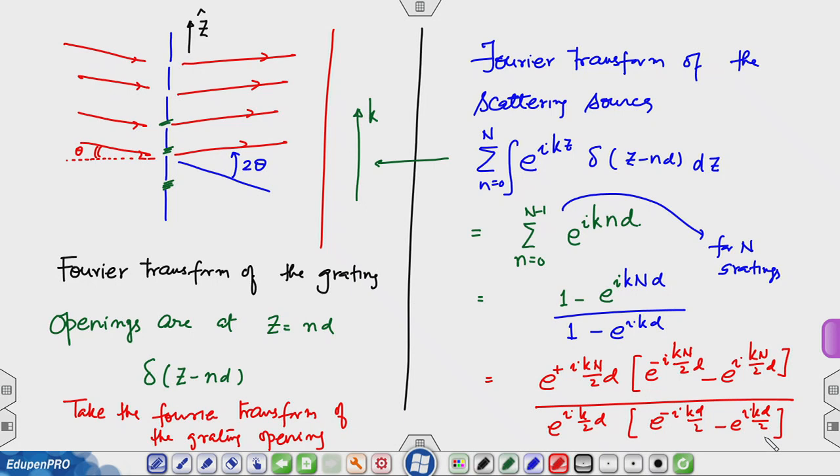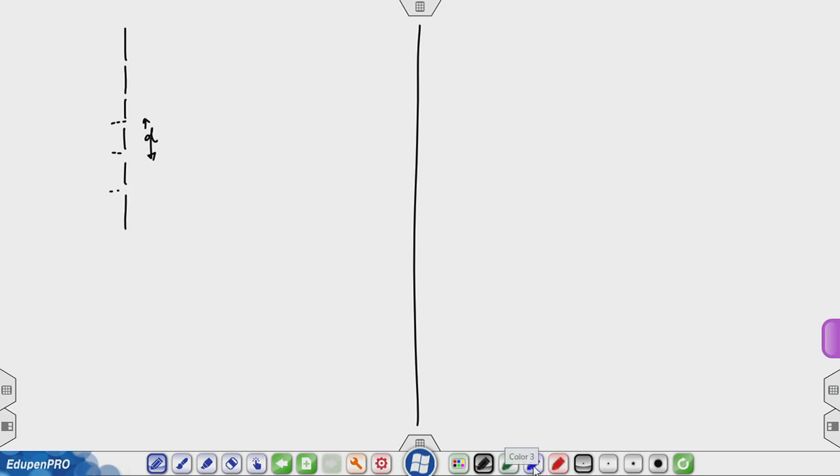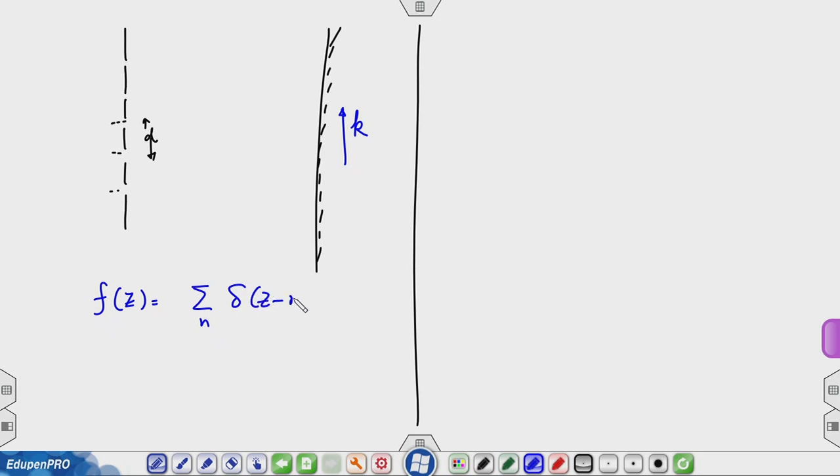So, the Fourier transform of the grating that I have made, let me make it again. This is the grating where the distance between the scatterers is d, and I am taking a pattern far away. I am taking this direction to be k and calculating the Fourier transform of the scatterer function. The scatterer function, if you like, can be given as f z equals summation n delta z minus n d,